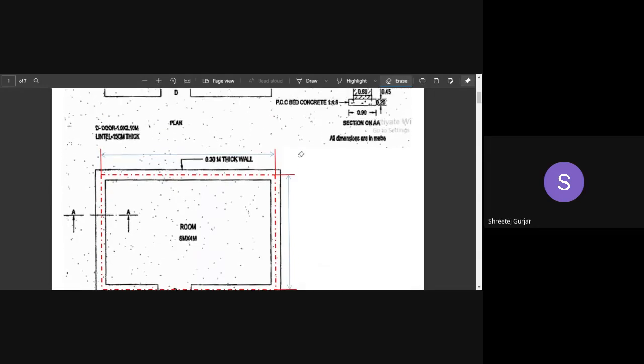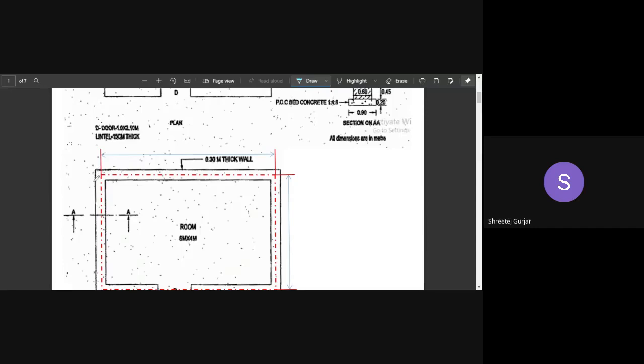So I have marked here the center point here, and the center point here. And I have to find the length here. I need to find this dimension. What is the length of this center line of this long wall, because I have considered this as long wall? So I have to find the center line length of my long wall, not the total length.